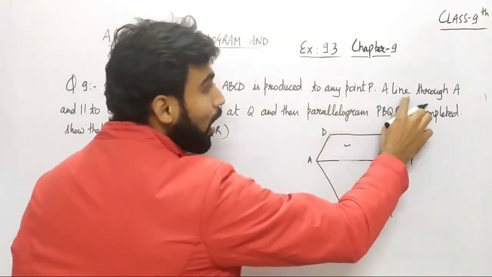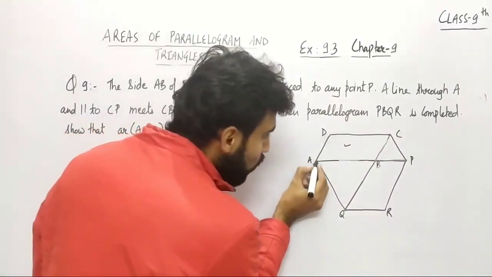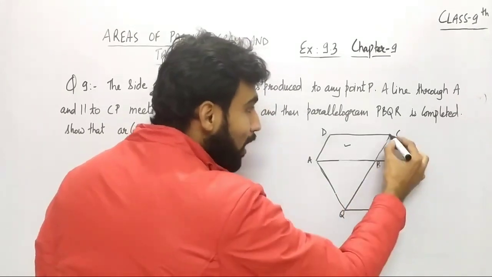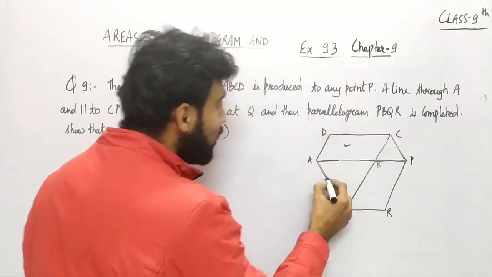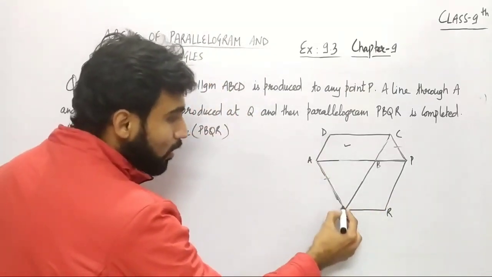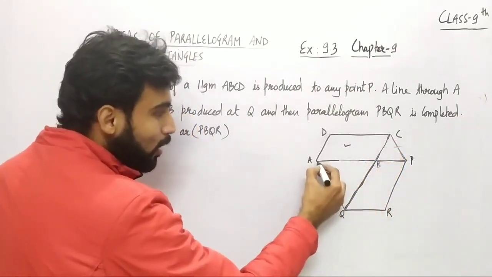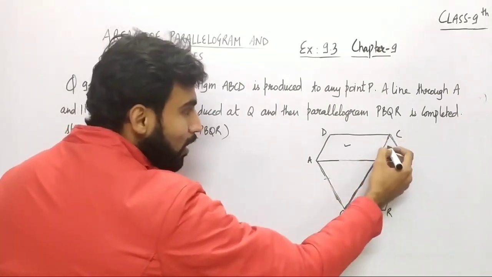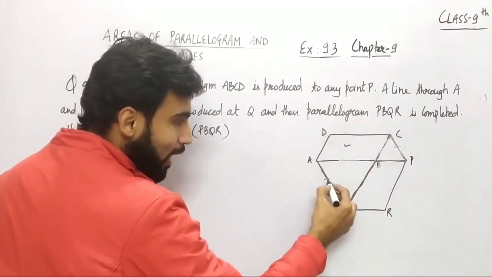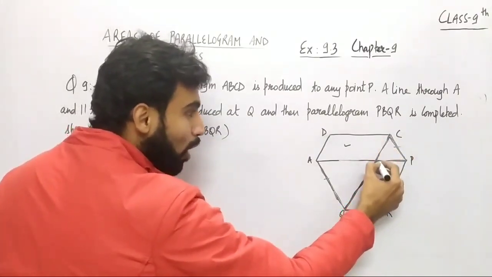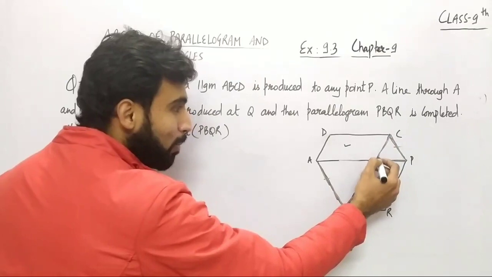Then you can see a line through A and parallel to CP. So आप देख सकते हैं A के थ्रू एक लाइन, you can see this one which is parallel to CP. So आप देख सकते हैं ये जो A से लाइन निकल रही है ये parallel है CP के, and you can see produced at Q. So आप देख सकते हैं ये जो CP है उसको हमने प्रोड्यूस किया कहां तक, Q तक. Then a line through A which is parallel to CP and you can see then meets CB at point Q. So ये जो लाइन है A के थ्रू ये CP के पैरेलल है और CB को कहां मिल रही है, एट पॉइंट Q. ये दोनों पॉइंट्स Q पे मिल रहे हैं, दोनों साइड्स फ्रॉम A एंड द CB.